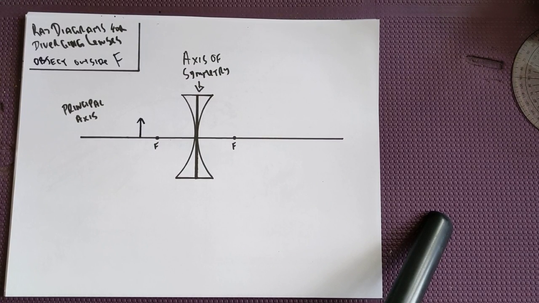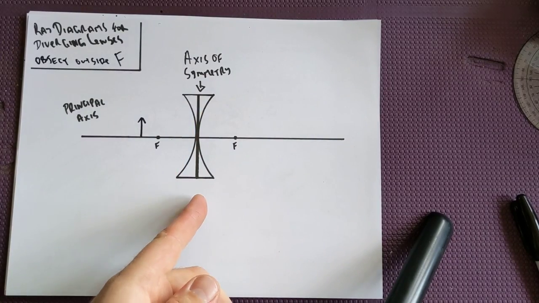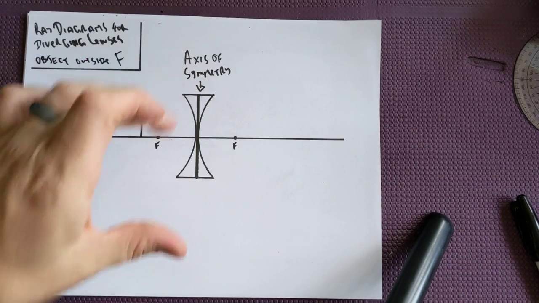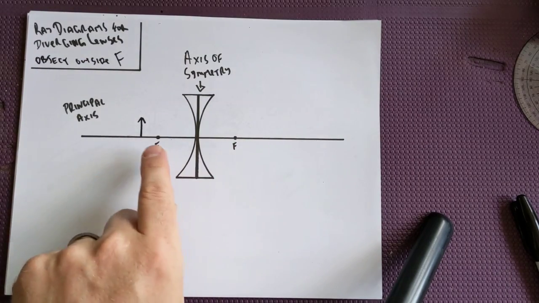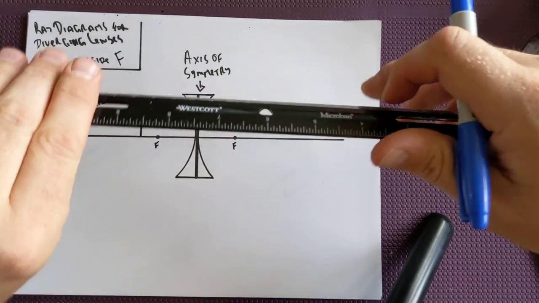Ray diagrams for diverging lenses when the object is outside of F, or the focal point. So we got our diverging lens here with our axis of symmetry down the middle. We got our principal axis that goes through the middle of the lens. We got a focal point on each side, and we've got our object. Okay, so the first ray we're going to draw